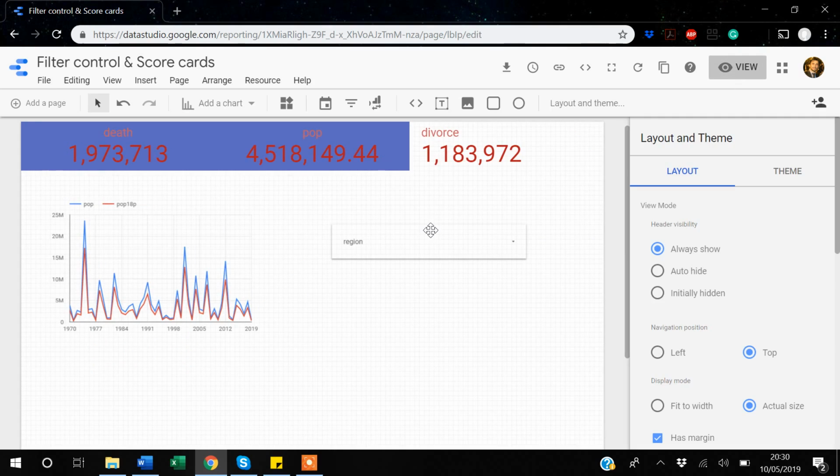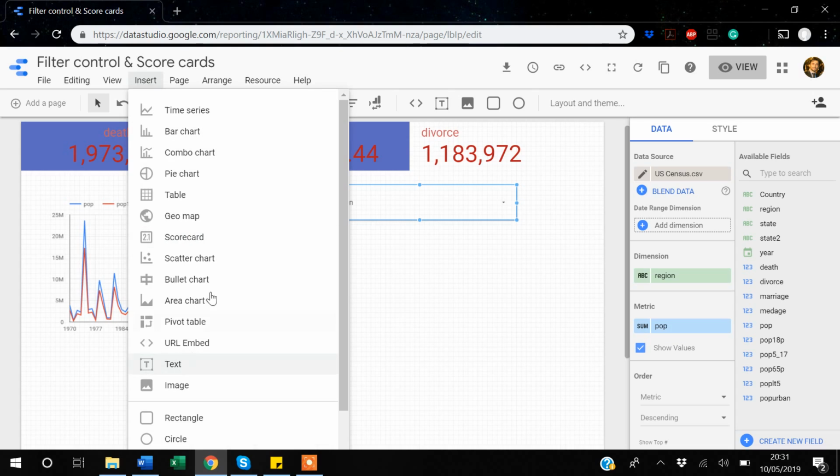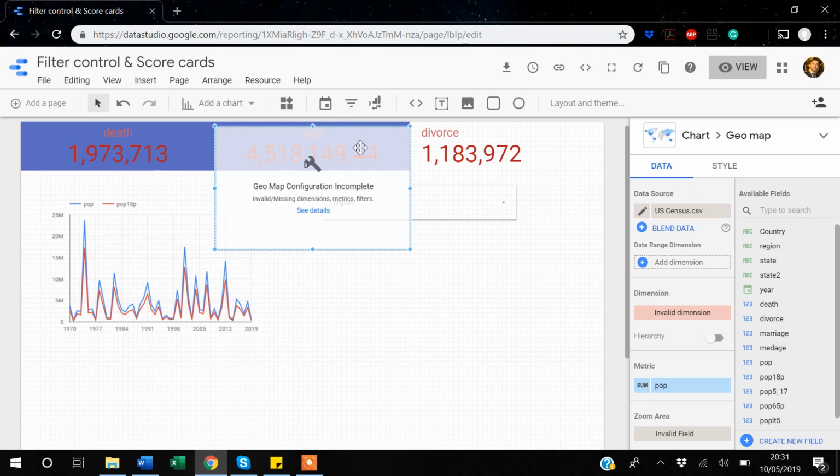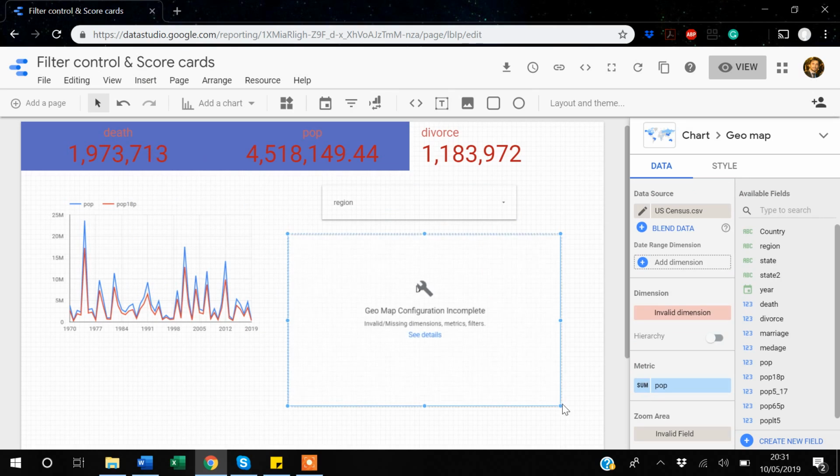I'm back in the edit mode, and under the edit I will also add another graph, and I will add Geo Map, which we also learned in our previous video. I am unable to select any valid dimension here, because the state is considered as a string variable. I have to convert state to a region variable. So I will edit it,